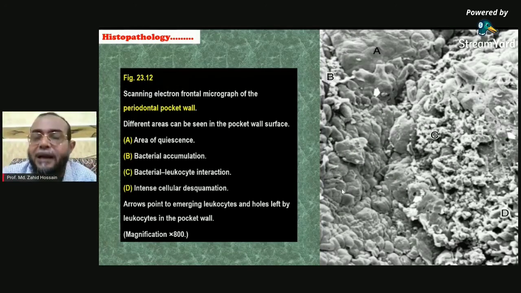Like now COVID, unpredictable types of inflammatory reactions occur in the body. So periodontitis has now become of great importance to scientists to know how it actually produces a lot of disease in the body. So you see this is the area of quiescence, meaning an area all healed up. Still there are bacteria there, they're producing, and you see bacteria and host cell interaction at C, and D already has tissue destruction. So in some places you will find less tissue destruction, in some places more.